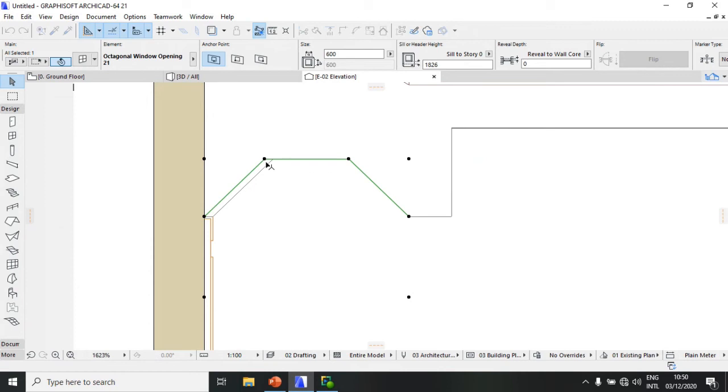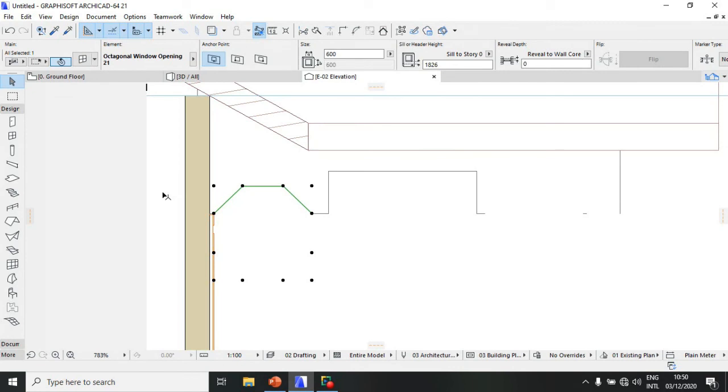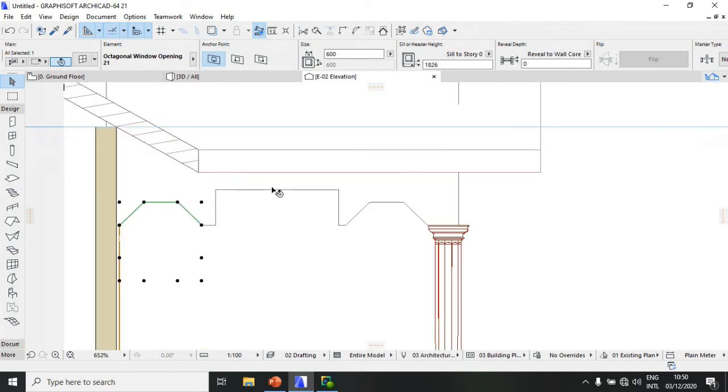Escape, Control D, escape, escape, Control D, that way. So, and then this one also,